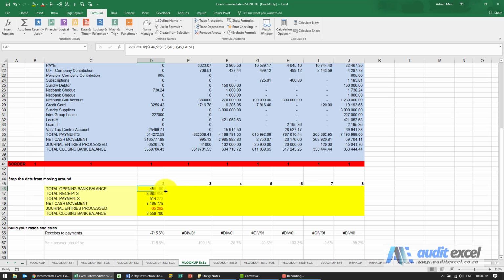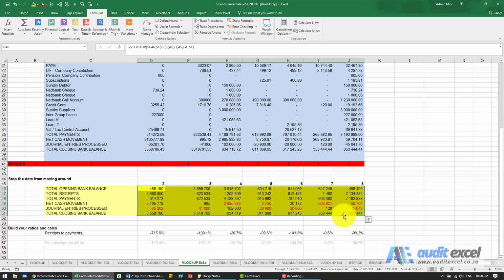And that seems to work. Let's copy it down. That's fine. Copy it across. So that seems to work. And let's just do a spot check. So total closing bank balance 353. So that number there. Total payment 7193. Total payment 7193. So now what it means is that next month or any month, this moving target will make